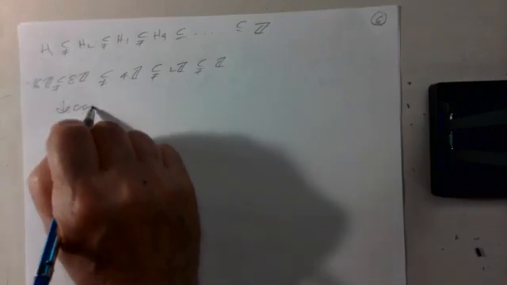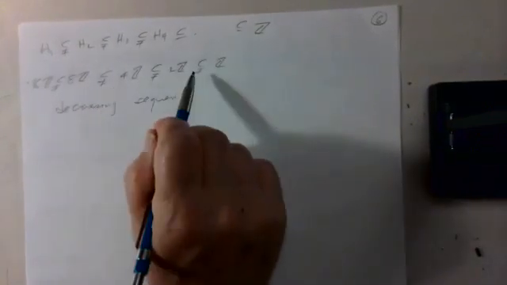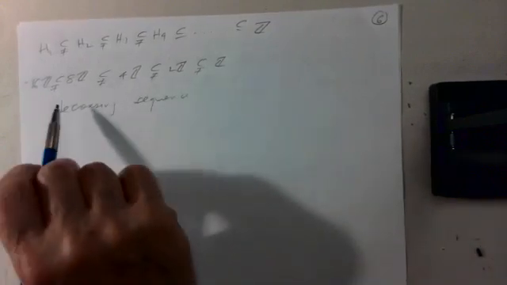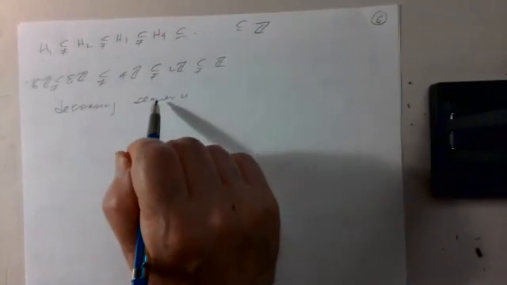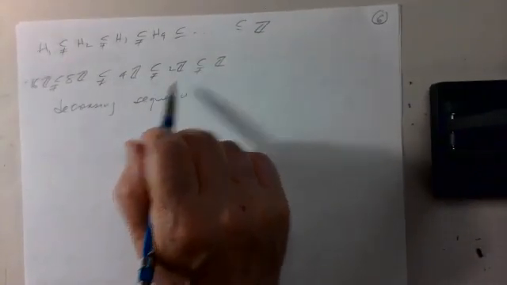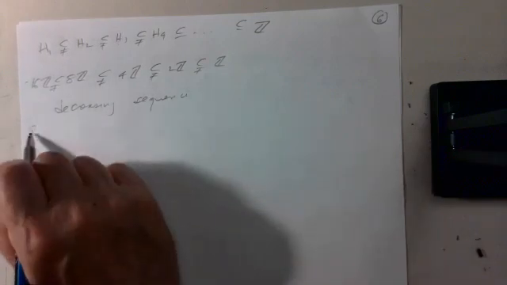So this is a decreasing sequence, not an increasing sequence. This is an example of an infinite, strictly decreasing sequence of subgroups in Z. And the problem,